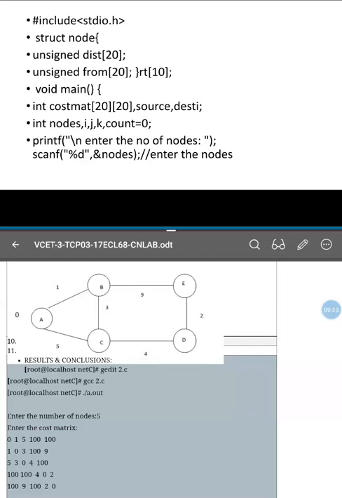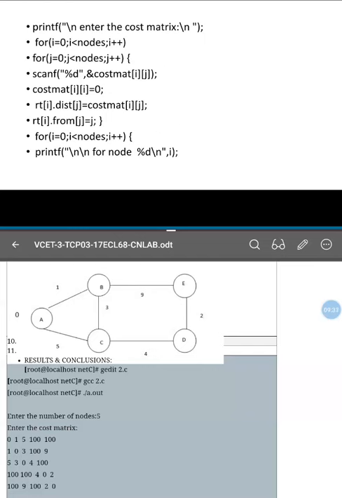First, enter the number of nodes. Here the number of nodes is 5. Later this will be used in the loops as a variable, something like a delimiter. Like we check if the value is less than nodes, and only until then the calculations are made. So first enter the number of nodes; it will be stored as nodes equal to 5.